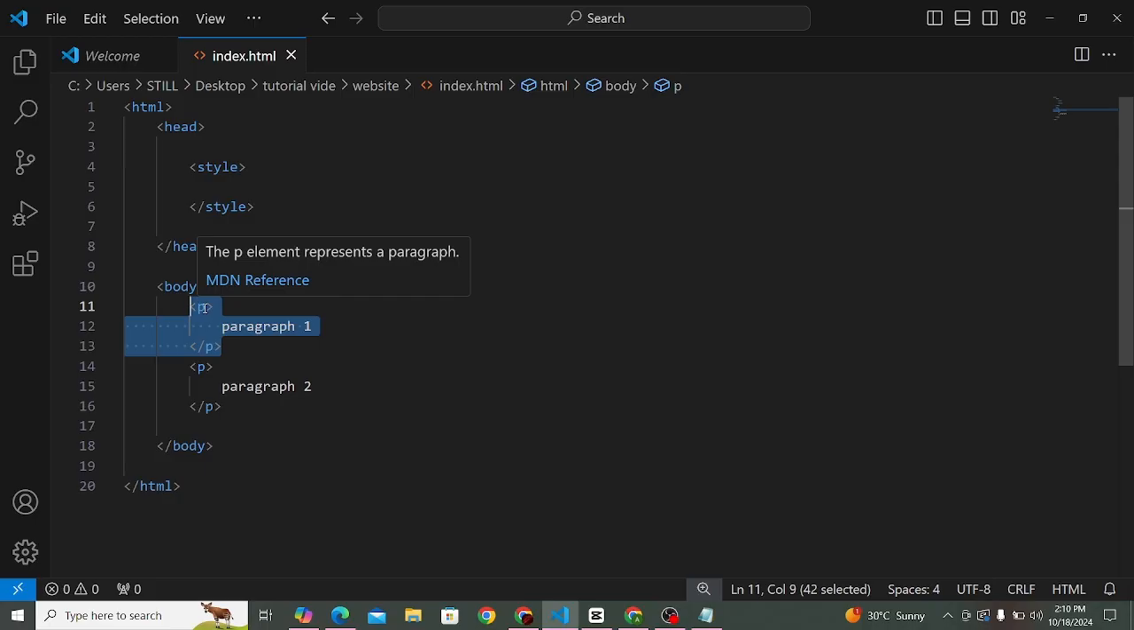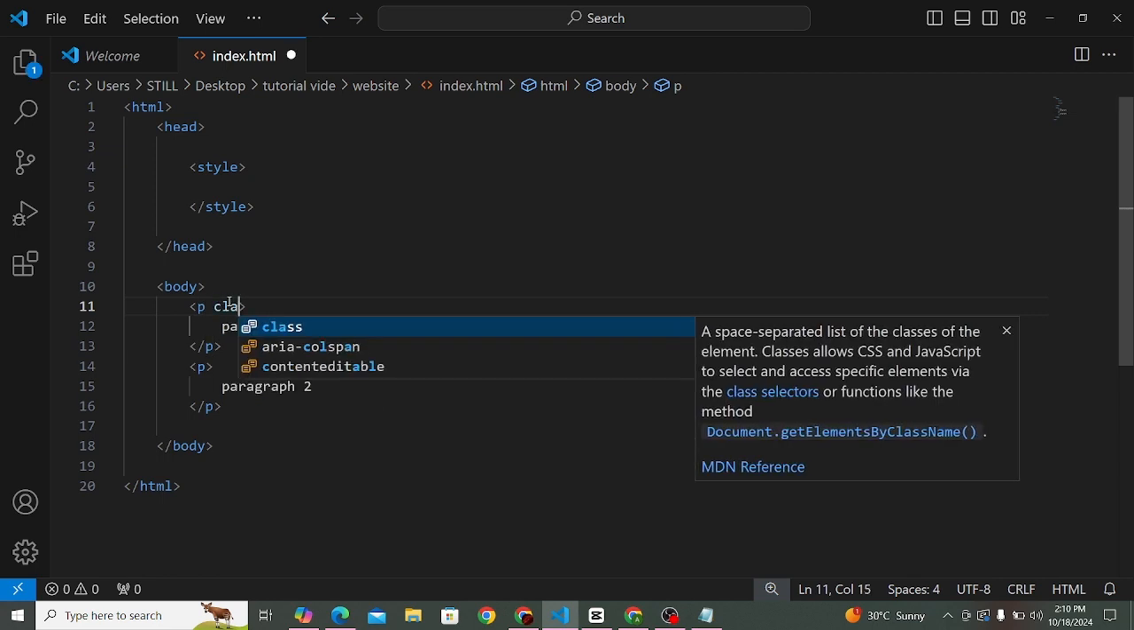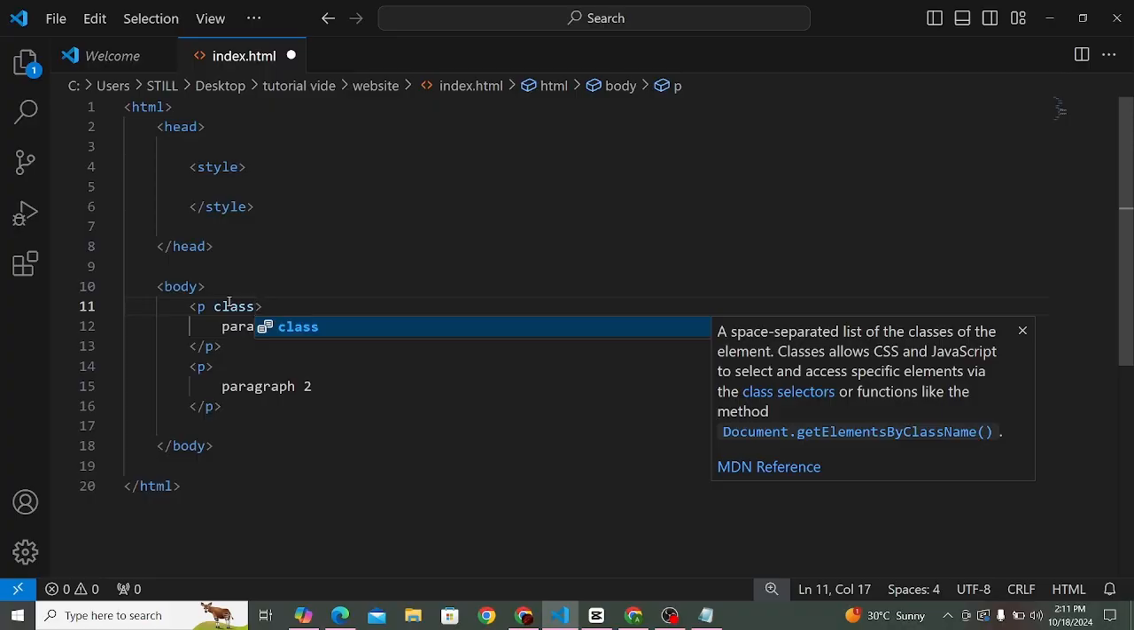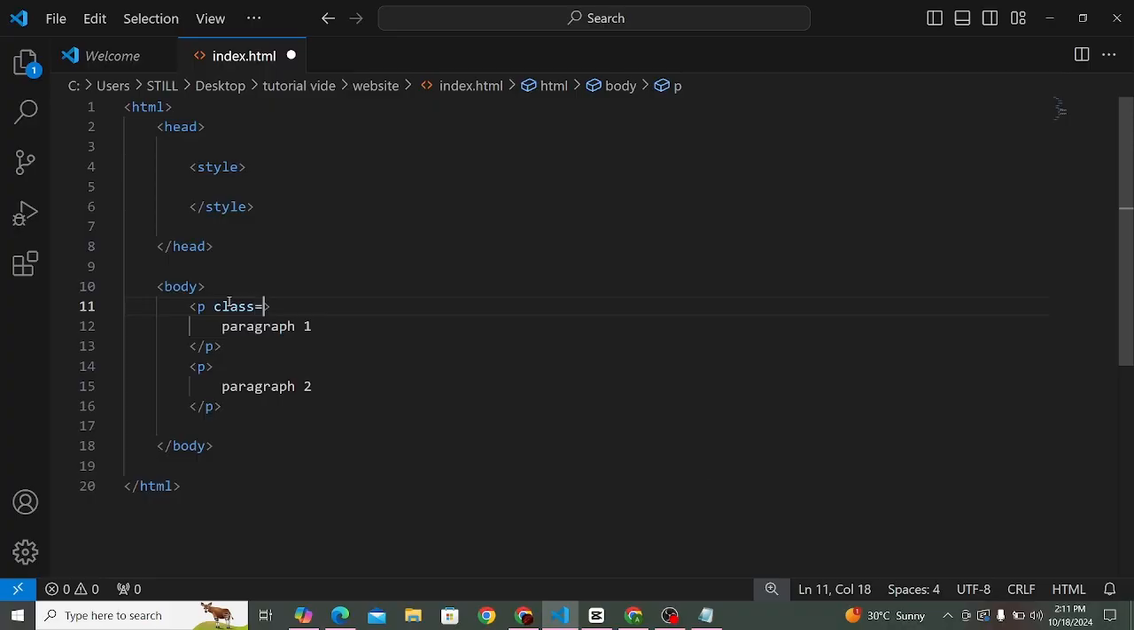So for you to assign specific classes in order to make different changes to different tags with the same name, all you have to do is come to the opening tag of the paragraph that you want to change. Now give a space. Now you type class. Now after typing class, you type equal to the double quotation. In between the double quotation, you need to give it a name. So let me just give it a name of